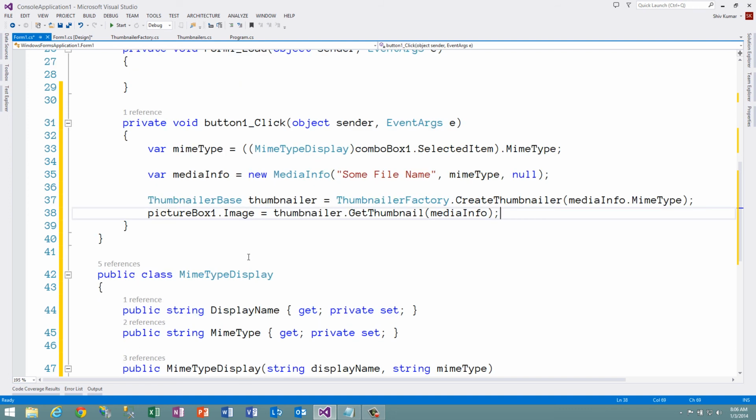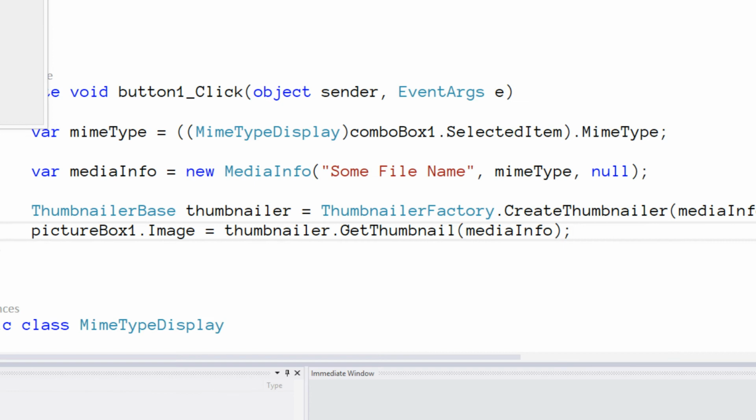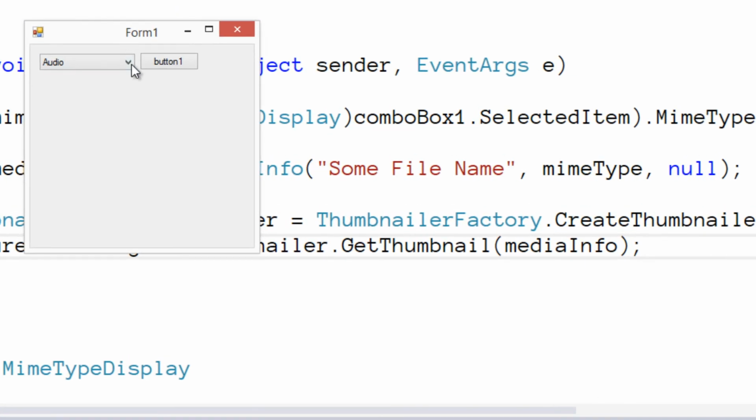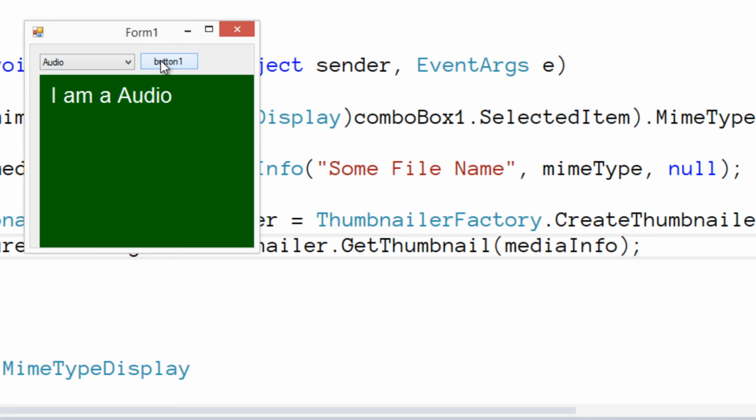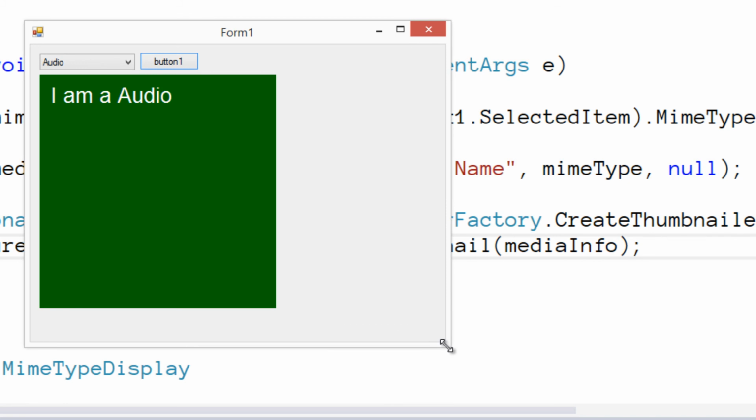Okay, so let's see if this works. I need to set the Windows application as the startup application. So we run in here, and audio is already selected, so I'll just hit button 1 here, and you can see it's